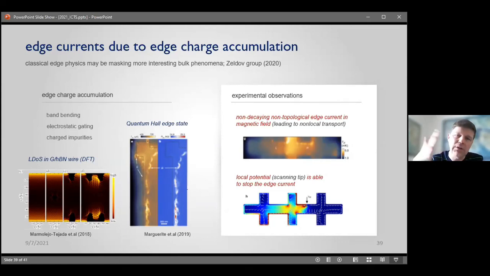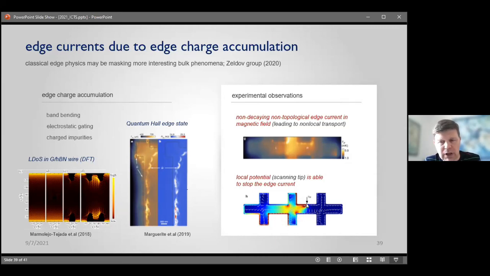Here, they have a different type of imaging technique where they specifically focused on the edge current in the situation where graphene is subjected to the magnetic field, which is what I was talking about with this anti-Poisson flow. And this experiment shows that indeed, if graphene is subjected to the magnetic field, most of the current is flowing along the edges. However, this flow appears to be not hydrodynamic in a sense that